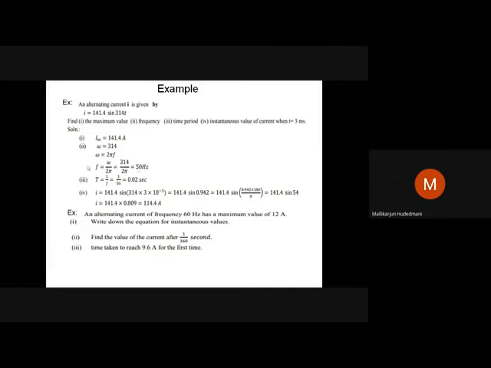Then what is the time period? Time period is the time taken for completion of one wave. So we have very clear understanding: frequency and time period are inverse to each other. So 1 by f if I write, that becomes the time taken for one wave. So 1 divided by 50 if I write, that stands as 0.02 seconds or 20 milliseconds. Therefore, time period of the particular wave is 1 divided by 50.